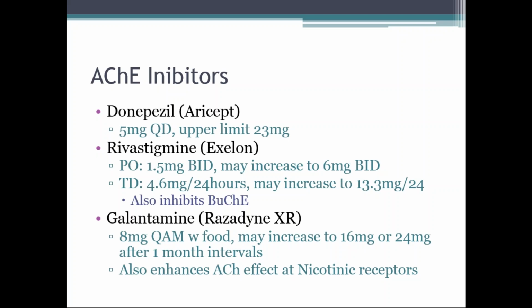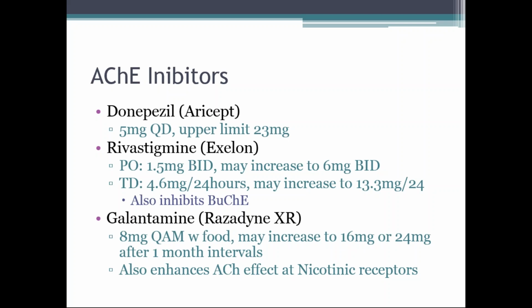Doesn't necessarily cause an extra release of it. You just prevent the breakdown of what's available to be made. But again, for mild to moderate. If someone with a Mini-Mental Status score of 20, 22, that's more your mild, middle teens, somewhere in the teens for more moderate. These medicines would be